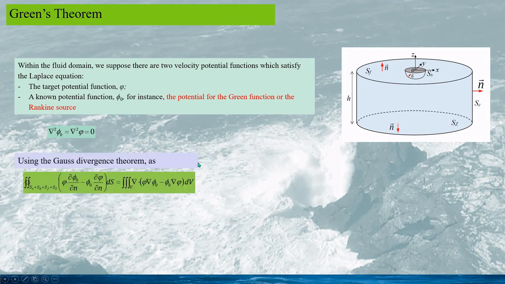Using the Gauss divergence theorem, we have this equation. So the volume V is enclosed by the control surface SC, body surface SB, free surface SF, and the seabed surface SZ,